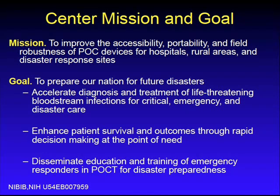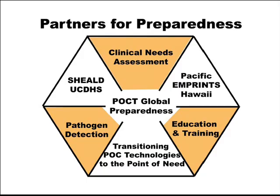The first and second cores aid in the development of novel POCT to accelerate the diagnosis and treatment of bloodstream infections, and assess environmentally robust POC devices. Cores 3 and 4 focus on education and training to serve as an outlet for disaster preparedness information, including a clinical needs assessment survey. We are able to promote disaster preparedness through partnerships such as the Pacific Imprints Program in